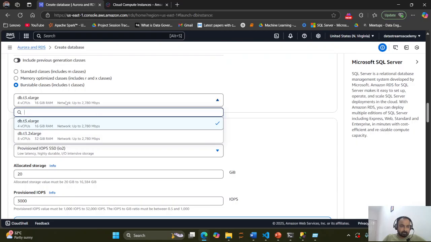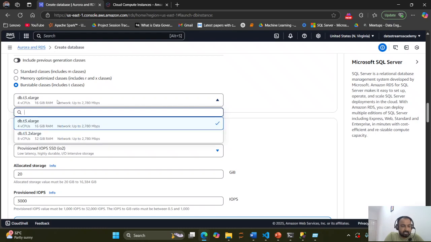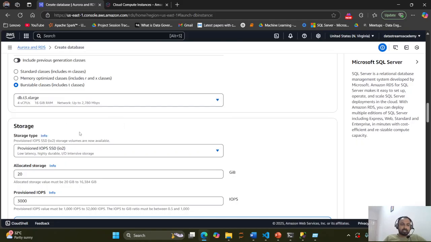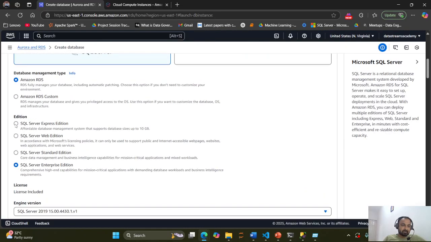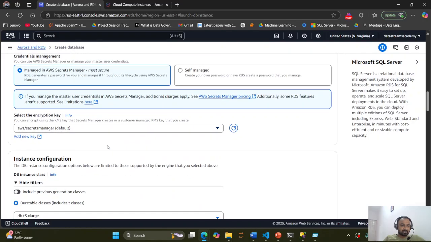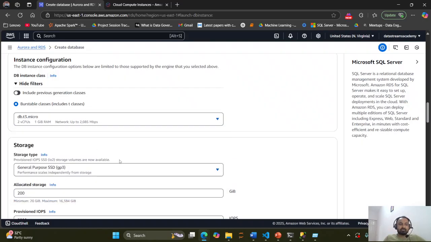Why am I not able to select T2? Maybe the region might be the problem, or maybe SQL Server is not supporting that lower configuration. It is 16 GB RAM with 4 CPUs. Okay, because I may have taken the Enterprise edition. Let me try with the Express edition. Express edition is free with a lower configuration. It might allow you. See, now, this is what you got to understand, right? All these are related, and T3 micro is under the free tier, so I should be able to